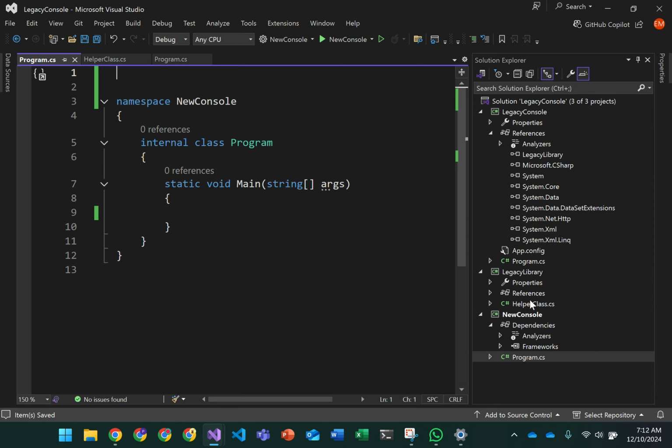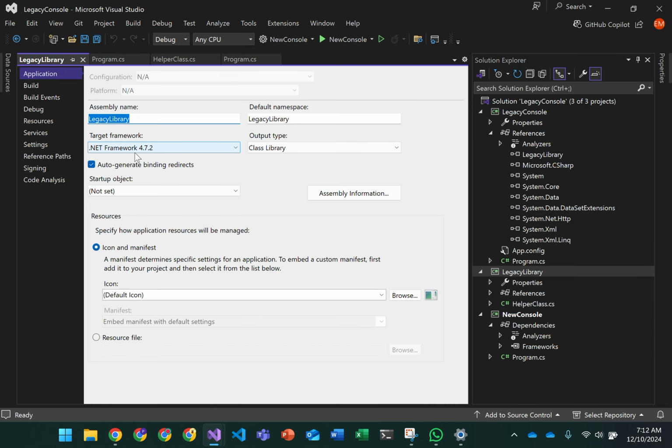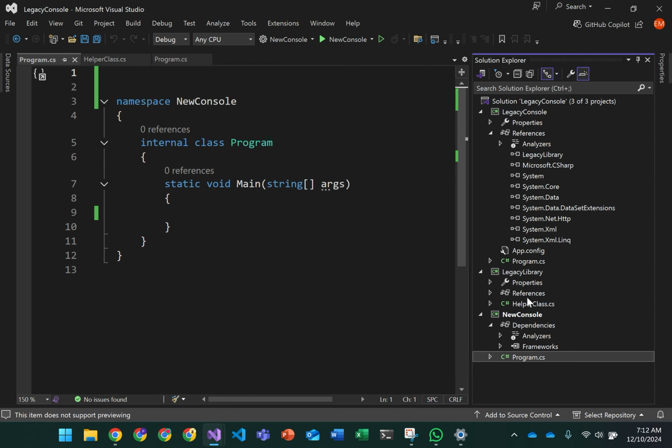But assuming that this legacy library, which is running .NET Framework 4.7,